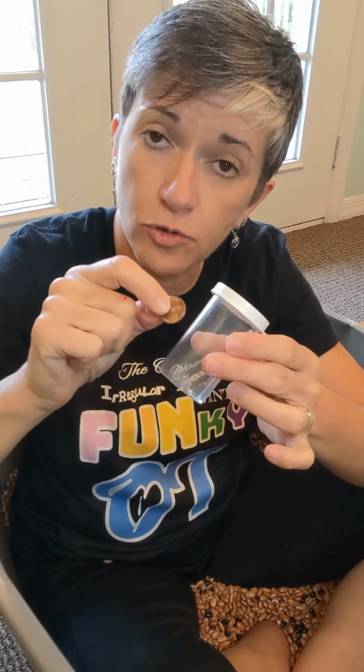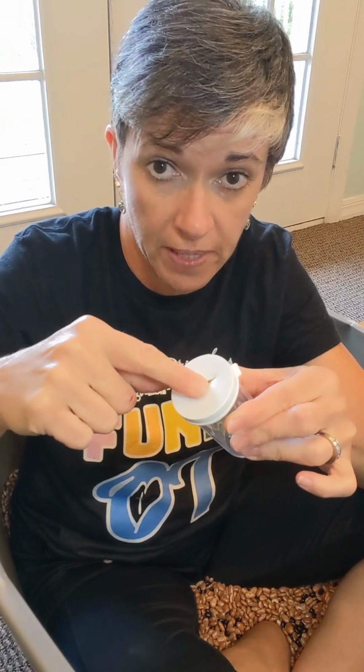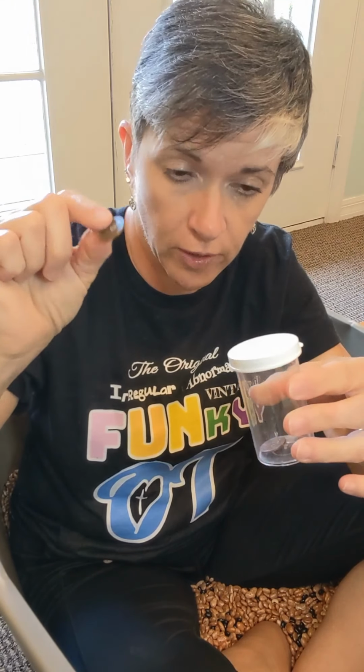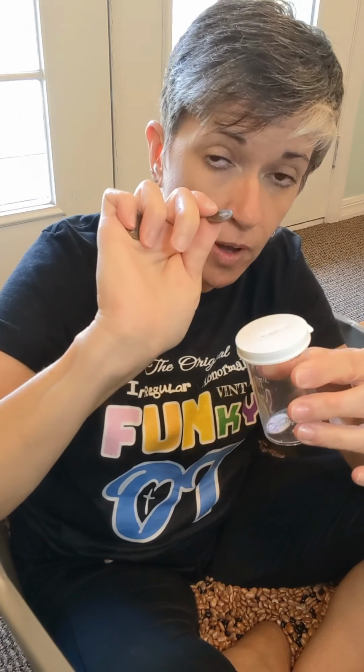This is an old toothpick container, and I just cut a slot in the top, and they actually have to push these pennies in here. And maybe I have them hold some pennies in their palm and move the penny to their fingertip, translate it to their fingertip, and then we're working on pincher skills, but I've still got a penny in my palm, so